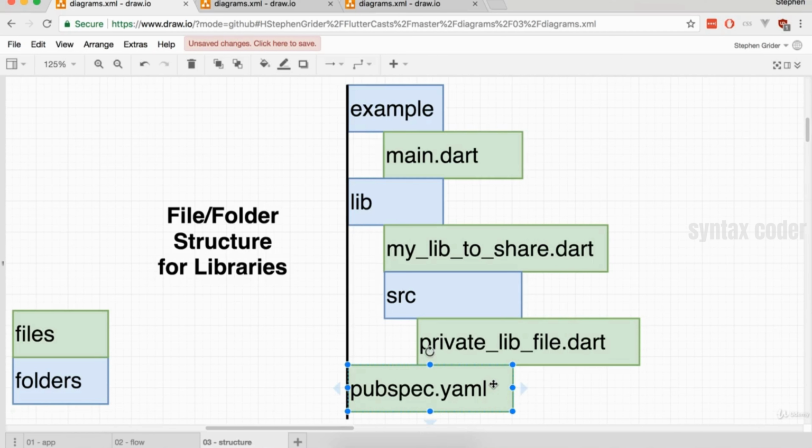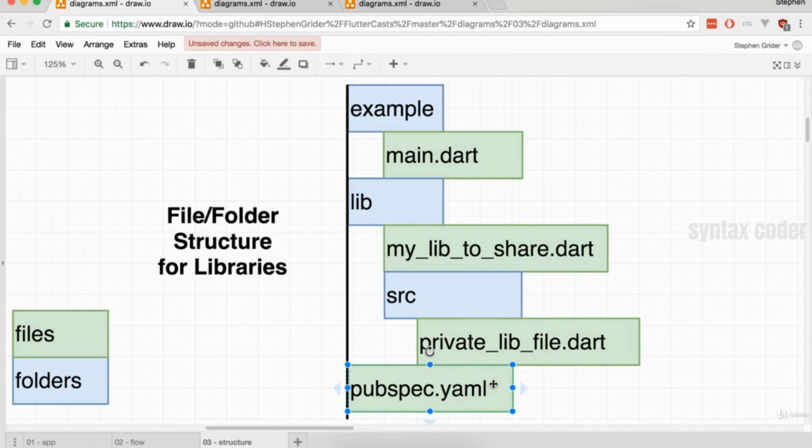We're going to first start down here at the bottom. This is a file that's always going to be placed in the root directory of our project. The file name is very special. It is pubspec.yaml. The pubspec.yaml file is kind of like the brains of our entire project. It records the name of the project, a short description, a list of all the authors who work on the project, and a list of